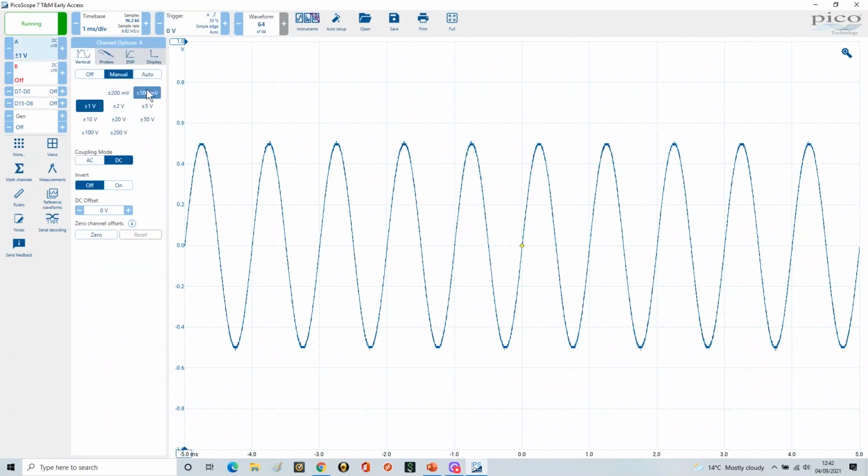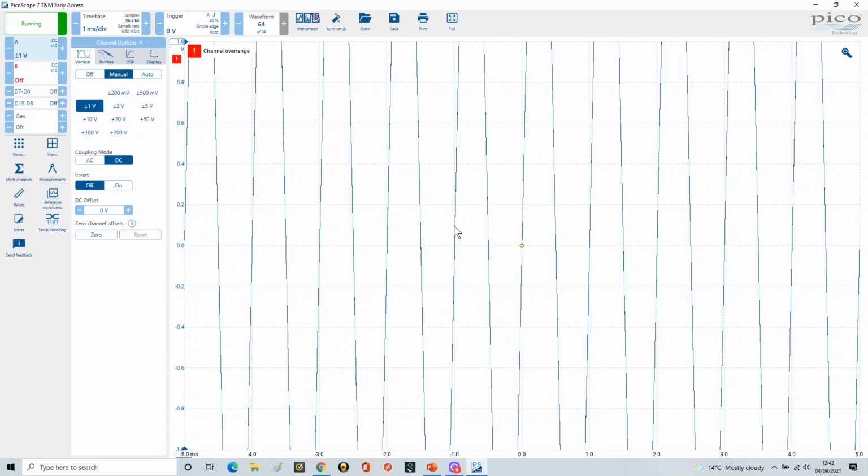Now, what about using auto? Now that we've got a signal on a scope, let's say, for example, I increase the size of this sine wave, so I'm going to increase it to 5 volts. Let me go to my parameters, amplitude, 5 volts, peak to peak. Now you will see that I've got a signal, and because this is in manual mode, it doesn't automatically change the scaling. So I've got a choice of either changing it manually, or this is where the auto is really good,